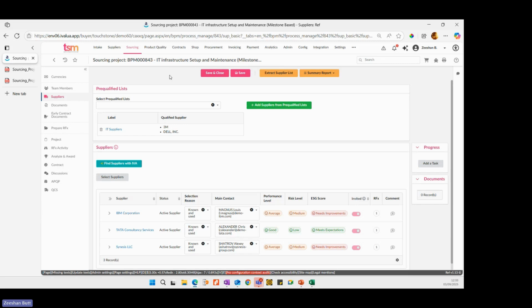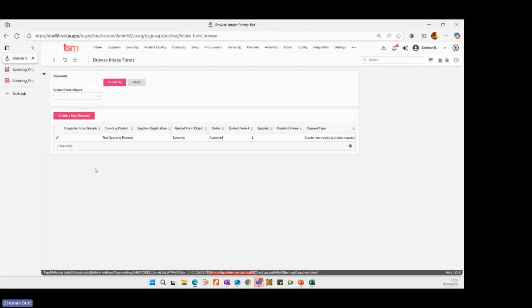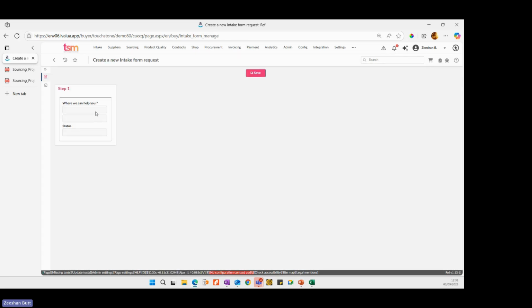Like I said, we have two types of intake modules. One is free of charge for existing customers only, and some of you are already using that. So it's more like this one here. So we can go in there to browse. I've already got one set up, but you can simply create one. And when you create it, it will ask you to actually